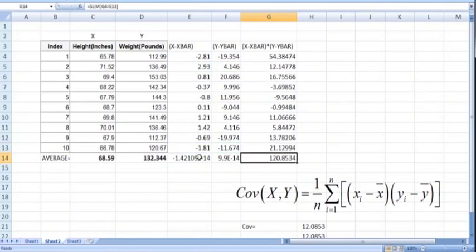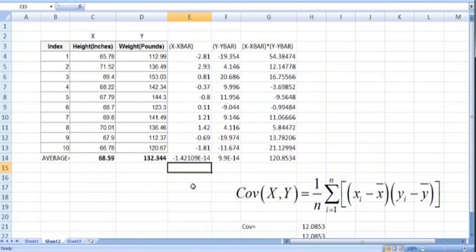So before moving further, calculate the sum of x minus x bar. Remember that the sum of deviations taken from the mean, that is summation of x minus x bar, should be 0. And here you can see that it is 0, minus 1.42109 E minus 14.